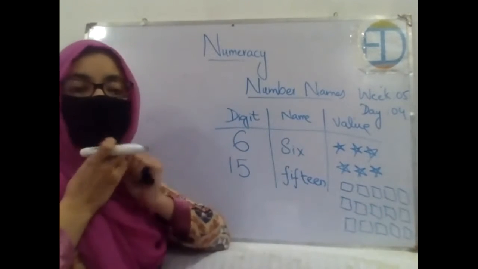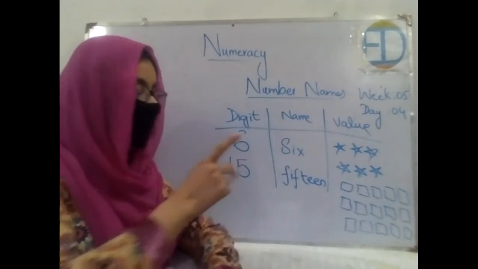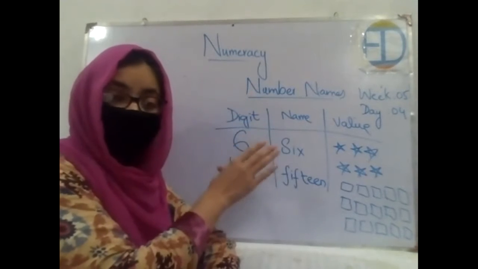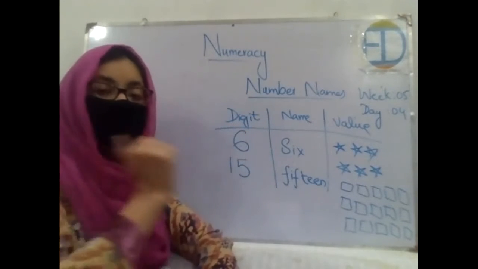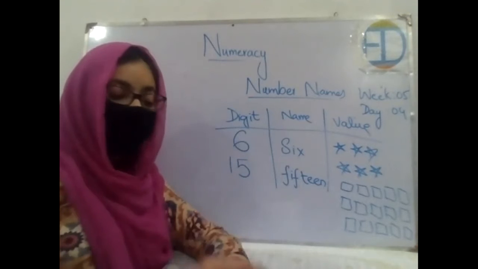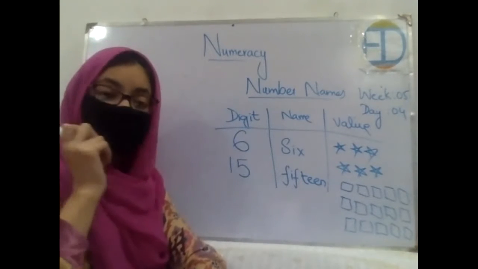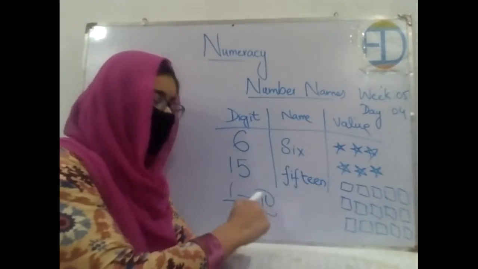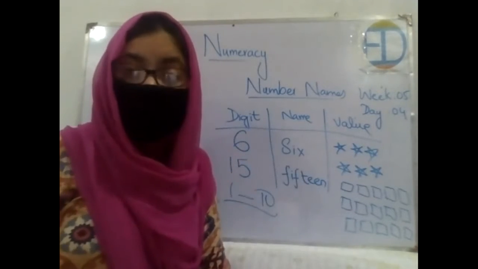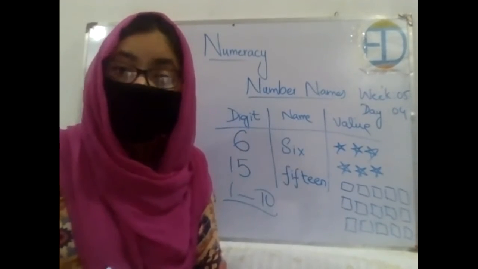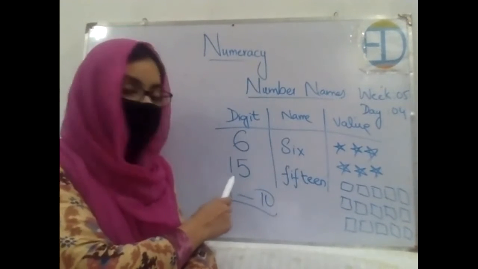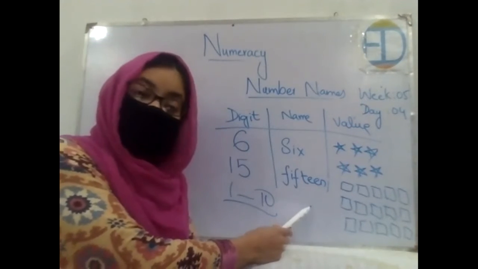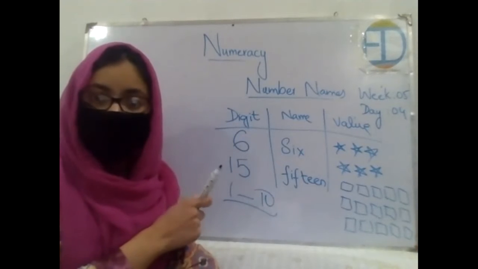So in mathematics, you can write a number in two forms: in the form of digits, and the second one is in the form of words. Now, the name of the digit that we write in the form of words is basically the name of this digit. It is not enough to just know the basic number names from 1 till 10, because after 10 the names of the numbers are a bit different from the basic ones. Let's say we don't call it 1 5, right? What we call it is 15. So 15 is the name of this number, right?